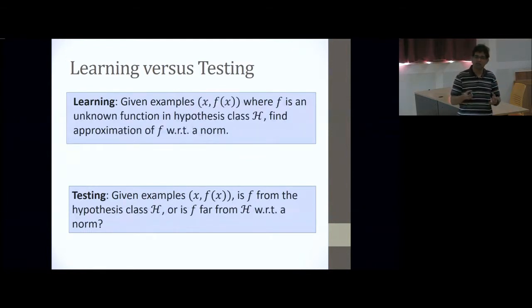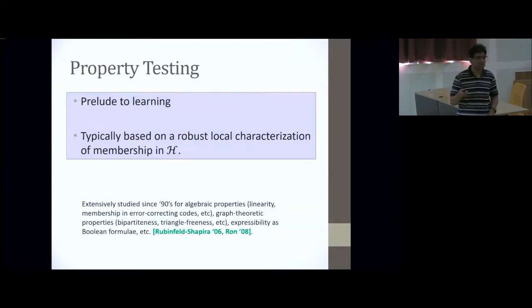Given the deficit of provable results in machine learning in some contexts, we wanted to understand this testing question better, so that we could perhaps then go on to understand the learning question. So there are two motivations.